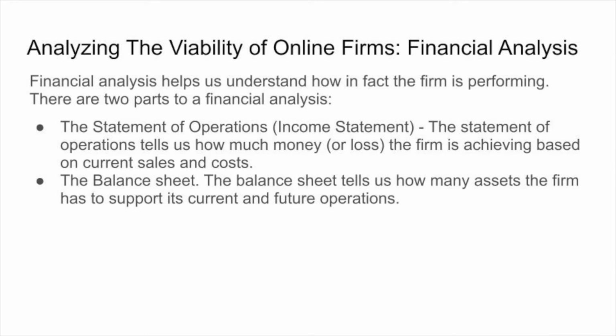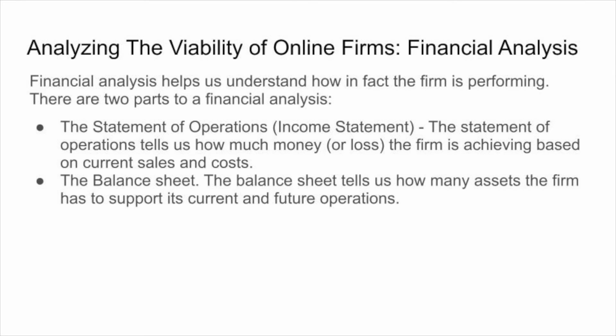The second major type of analysis that's used in order to assess whether a firm will be viable is a financial analysis. And effectively, financial analysis helps understand how the firm is performing. It really has two major components. First, there's the statement of operations, which is really the income statement. How much money is the firm generating? How much is it costing to provide those sales? And the second is the balance sheet. And the balance sheet really tells the value of the assets of the firm and the value of its liabilities and owner's equity. So it kind of assesses where the firm is at a given point in time to assess